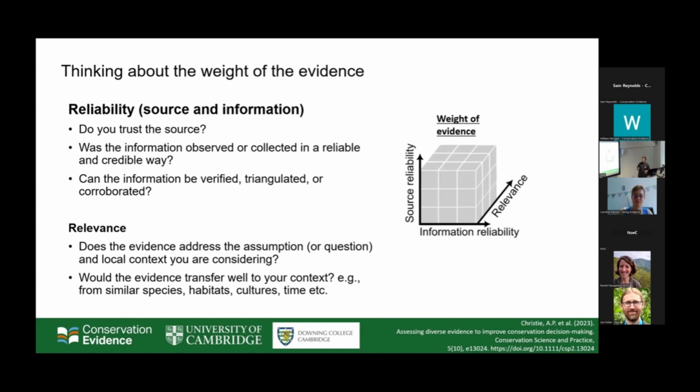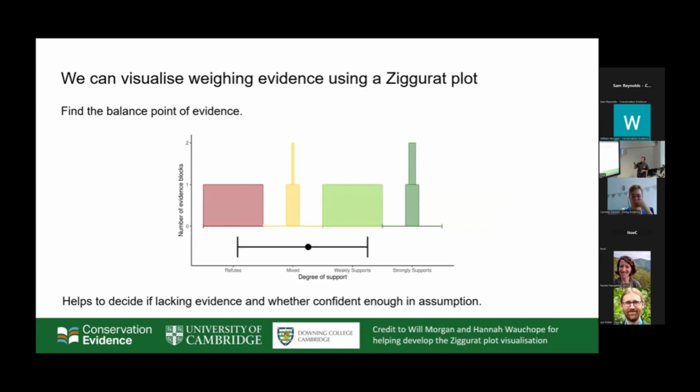Is the evidence likely to transfer well? So if it's looking at a different species of rhino, maybe, or in a different part of the world, habitat, trying to also assess that aspect of the evidence. And so once you can then go through a process of scoring that evidence using various different ways. I'm not going to show that, but I'm just going to show the end result, which is what we call